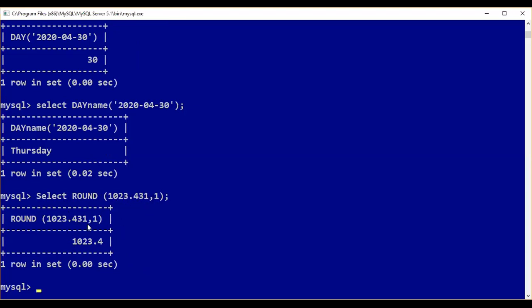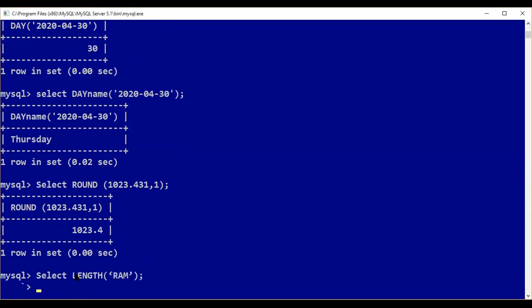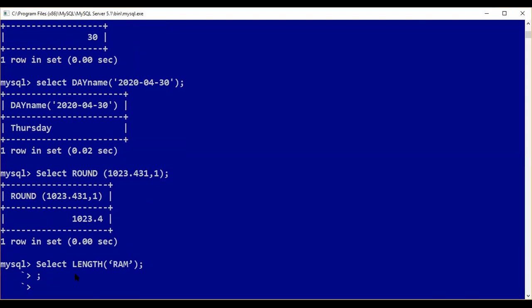It will round the value. Length will display the length of the value. So this is not working. MySQL has a problem. Sometimes it.